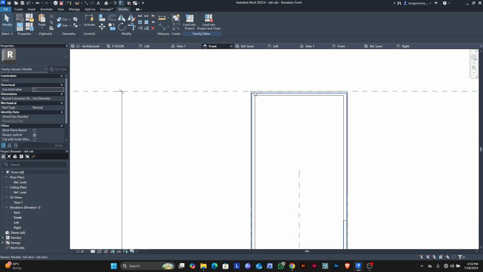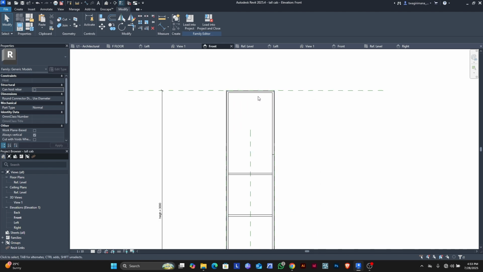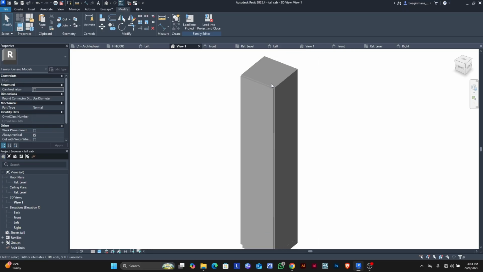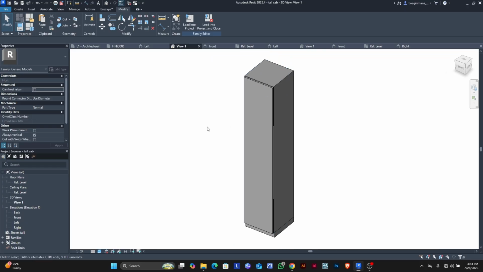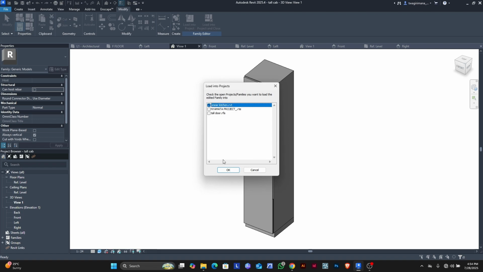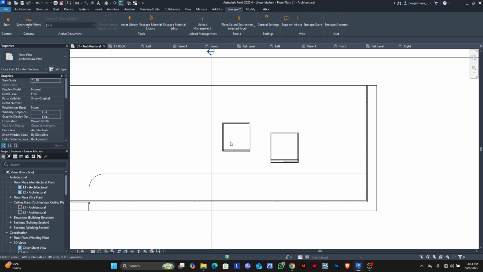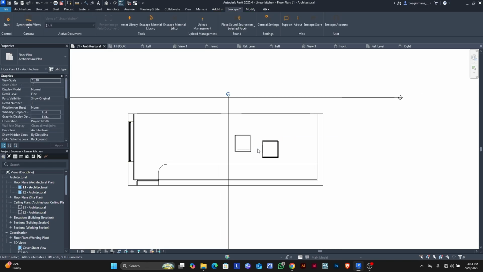Then from the formula, since we kept the parameters, the formulas are well respected. The door is still offsetting the 10 millimeters from the top. The door is still offsetting 5 millimeters from each side, left and right. So this is our tall cabinet that we have. We can add this into our family, the linear kitchen. So load into linear kitchen, okay, place it here as well, then go back. So what we have to do again